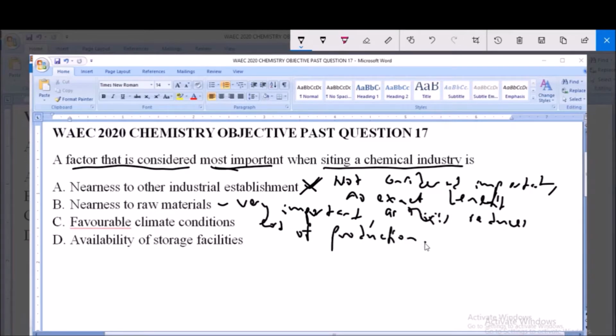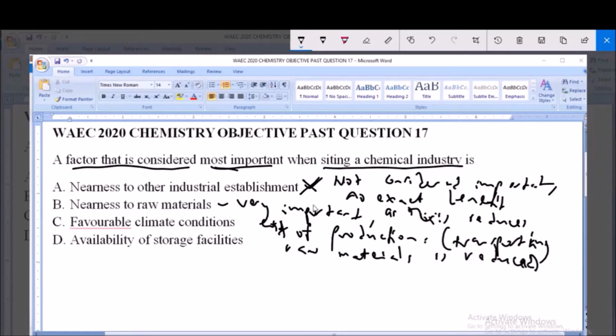It reduces cost of production in the sense that the cost of transporting raw materials is reduced. So you don't necessarily have the problem of transporting raw materials from far distances to the industries. So it is safe to say that nearness to raw materials can be considered the most important factor in siting